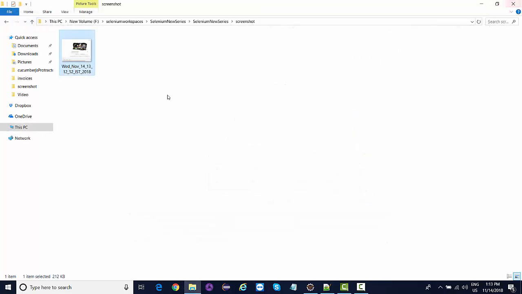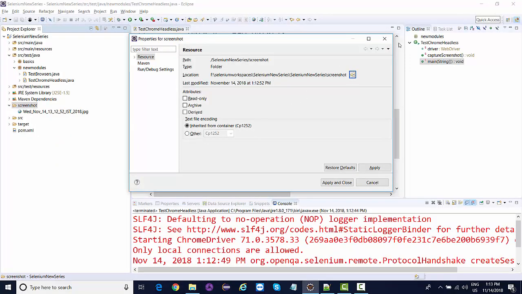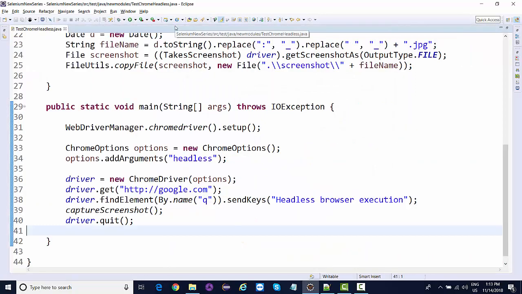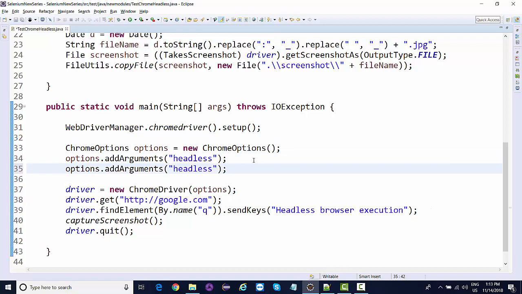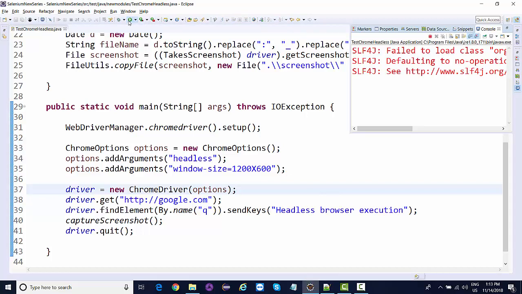So what you can do is adjust the window size as well with these Chrome options. You can add another additional argument over here, say window-size equal to, and give your window size. The standard should be 1200x600. It will support your responsive websites as well if you give the standard window size. So now if I run this thing again,